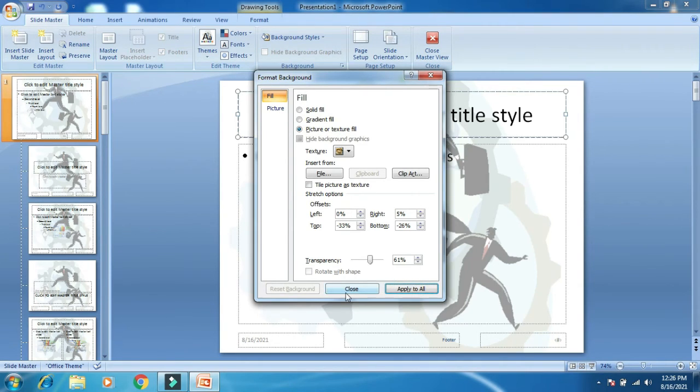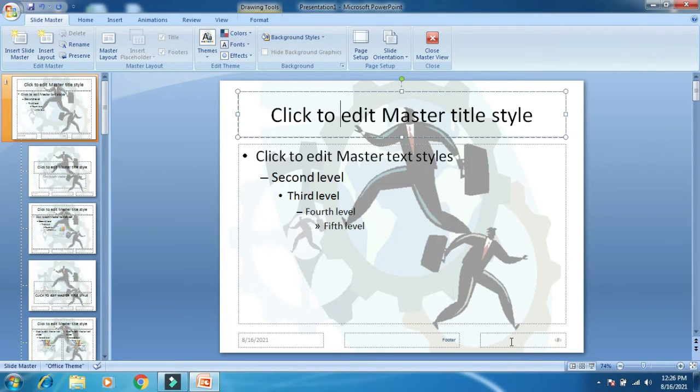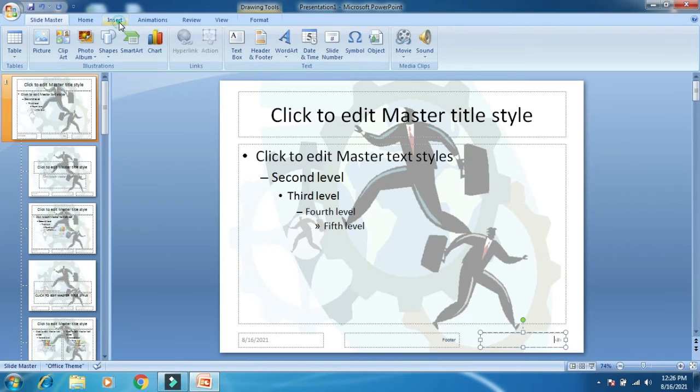If you want to apply from clip art, you may use clip art. If you click on apply, transparency you can also set. See, position: top, bottom, right, left, and if you click on Apply to All, it will apply to all the slides.